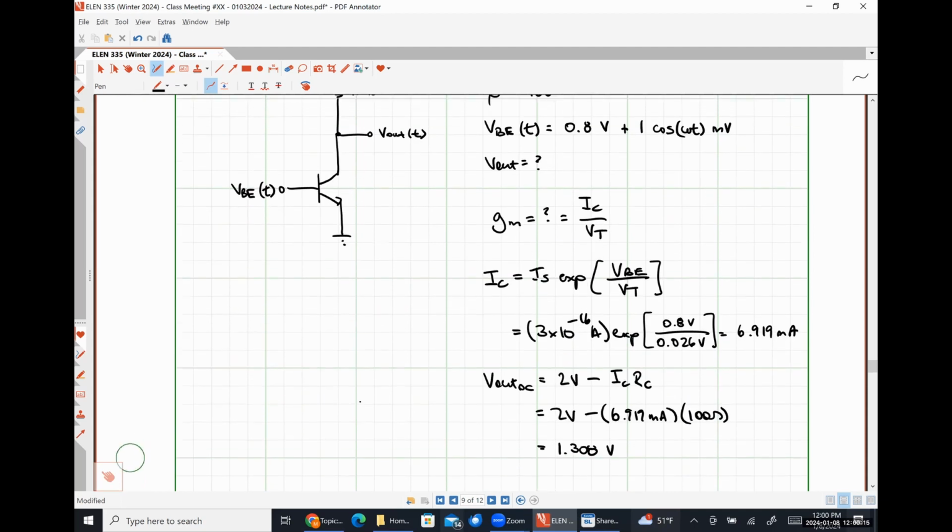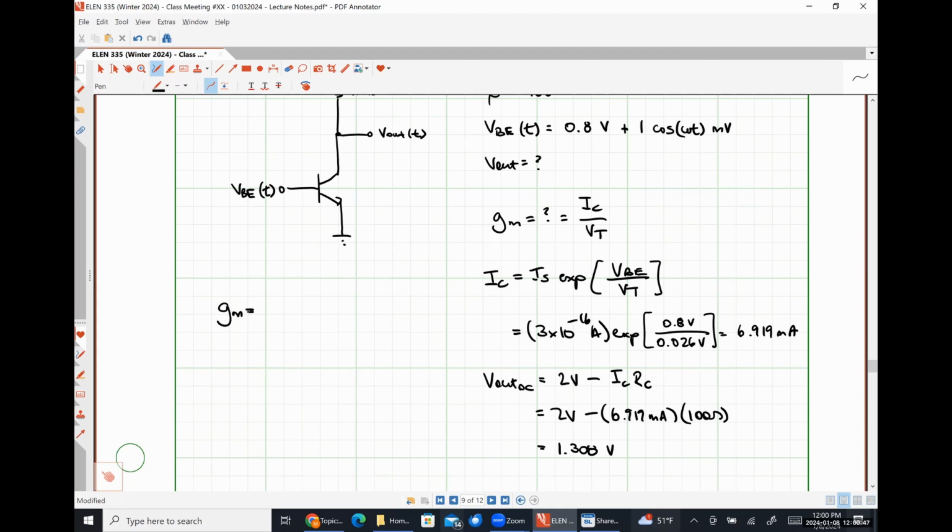Just for a sanity check kind of thing here, that 1.308 volts is much, much larger than VBE. So we know that this guy is well into the forward active mode of operation. So we're not even running into the risk of pushing it into deep saturation or anything like that, since this is technically an amplifier circuit because we're perturbing it with some small signal stuff. All right, so from here,